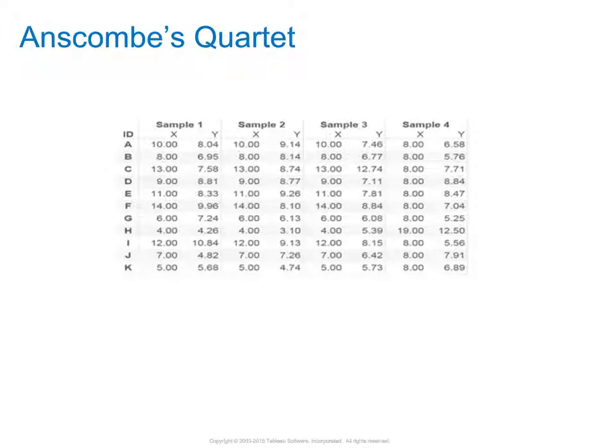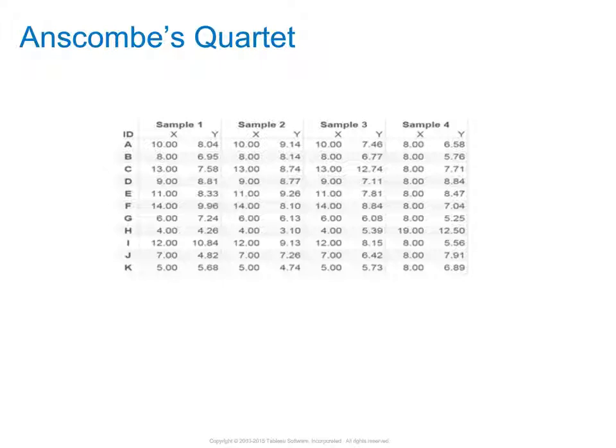Anscombe was a statistician, and he very carefully crafted this small data example for you. So here you have 4 different samples of data of some event, and there's a set of different rows for each of them. And the first thing I want to say is this is another example of why we need to use visual techniques to work with data, because even this very small data set is actually hard for humans to understand.